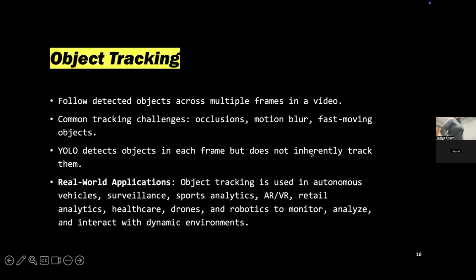Object tracking is literally what it sounds like. It's basically tracking one object through multiple frames in a video stream, okay? But there are multiple challenges, some of which we just talked about, how these people or these objects are constantly